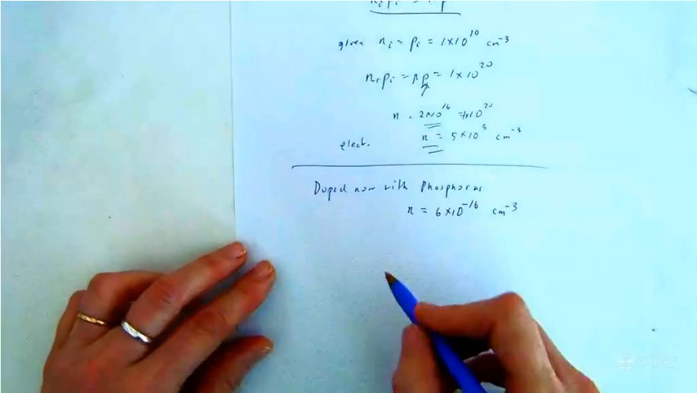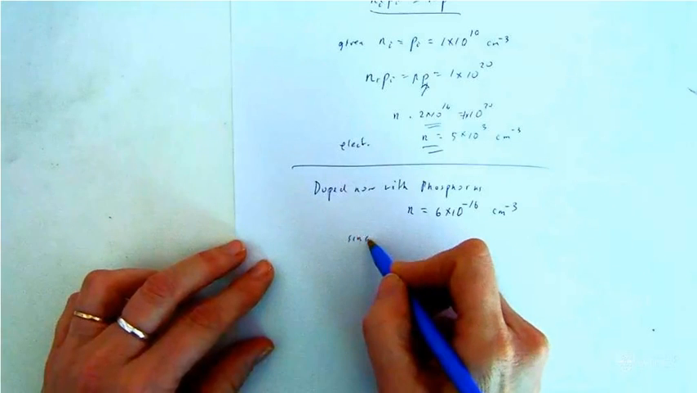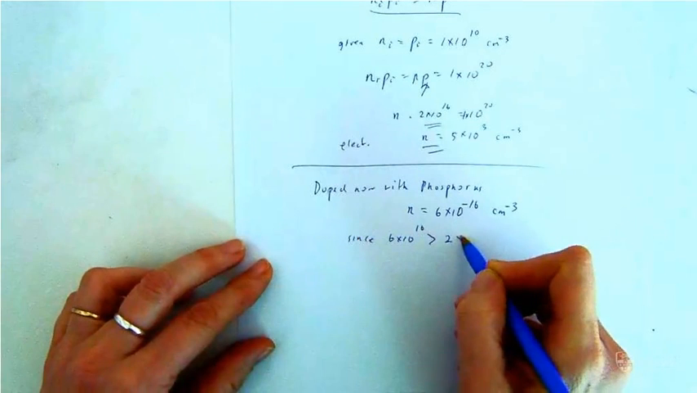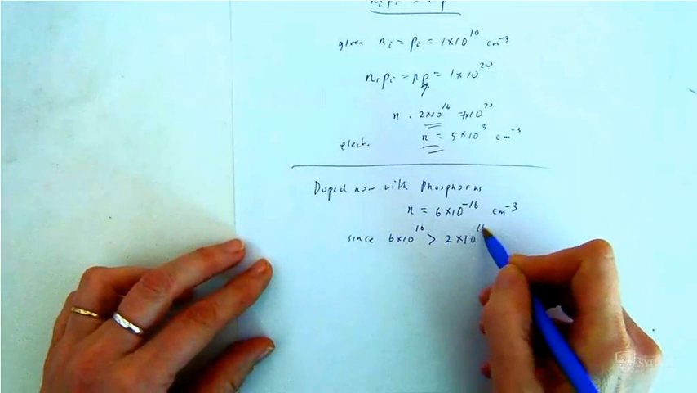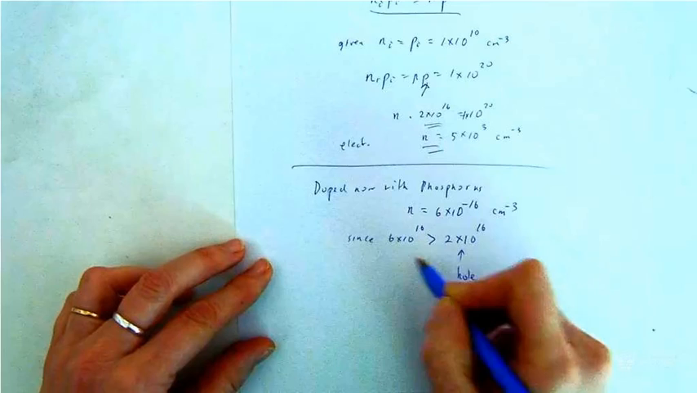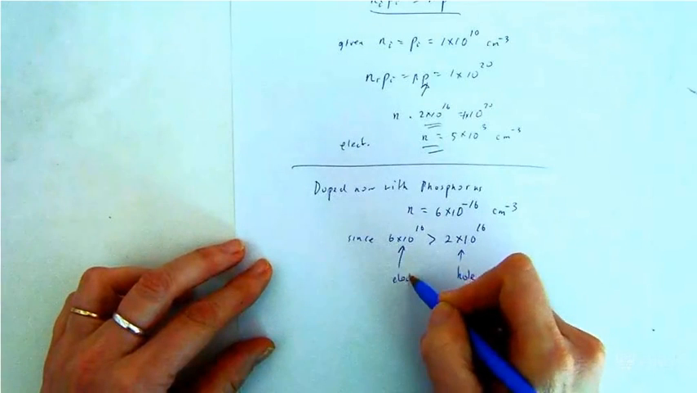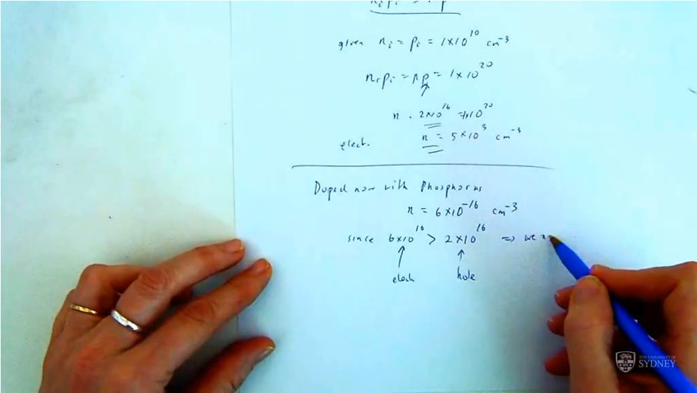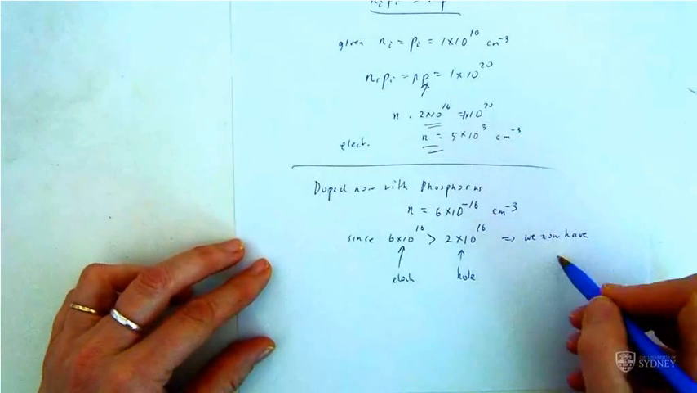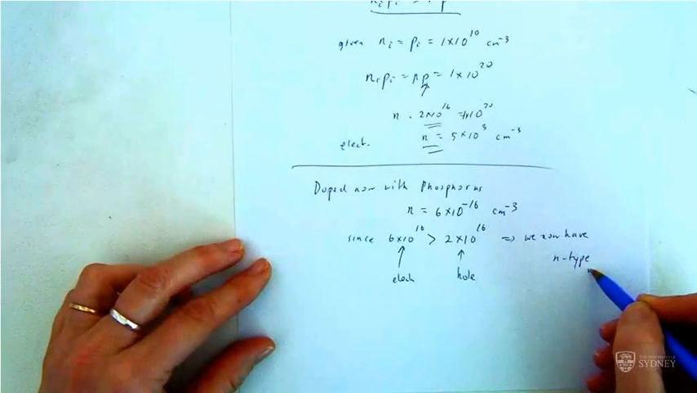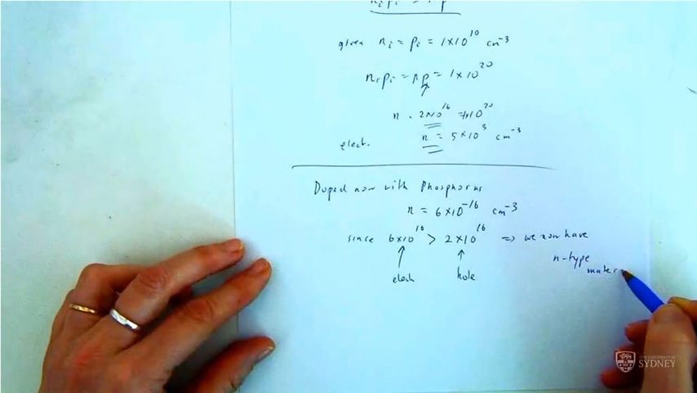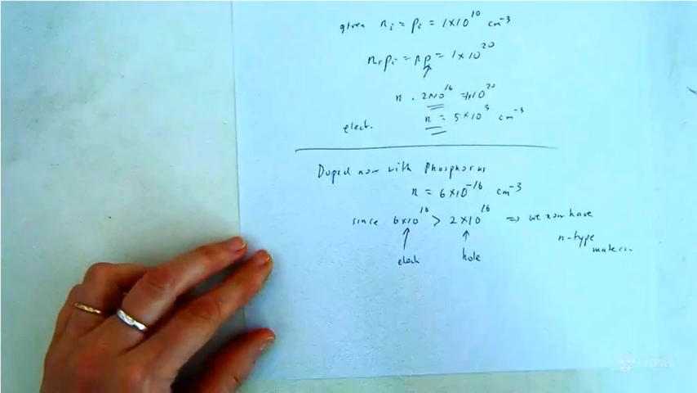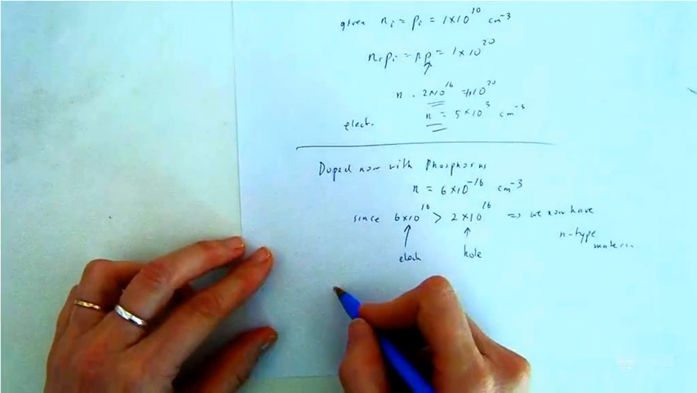So since 6 times 10 to the 16 is greater than 2 times 10 to the 16, remember these were holes. Now these are electrons that have been doped. It means that we now have N-type material. We've just got more electrons than holes now. Okay, so it's now N-type